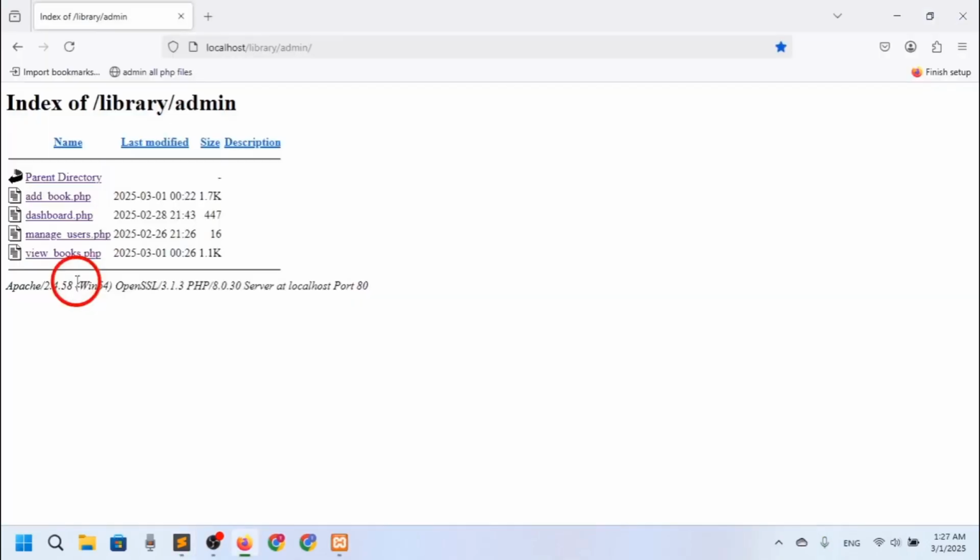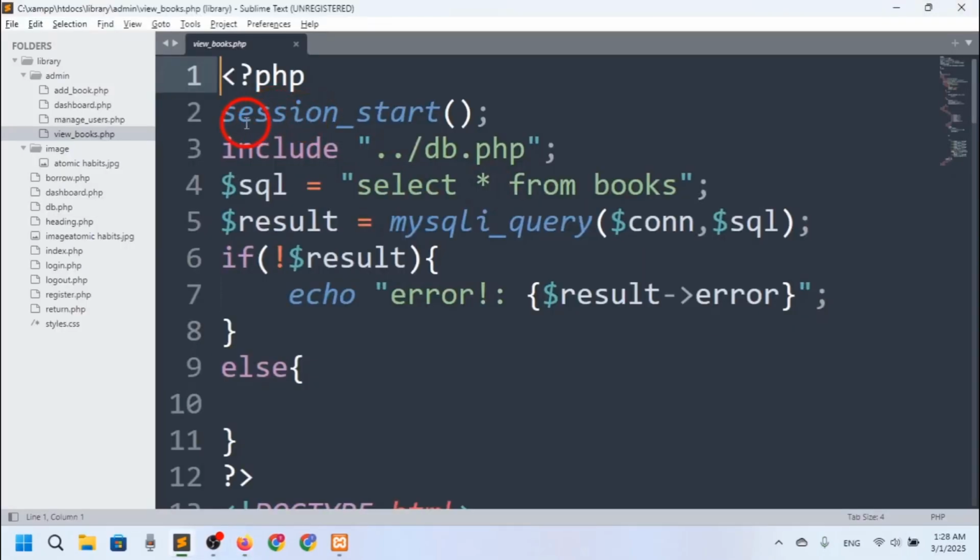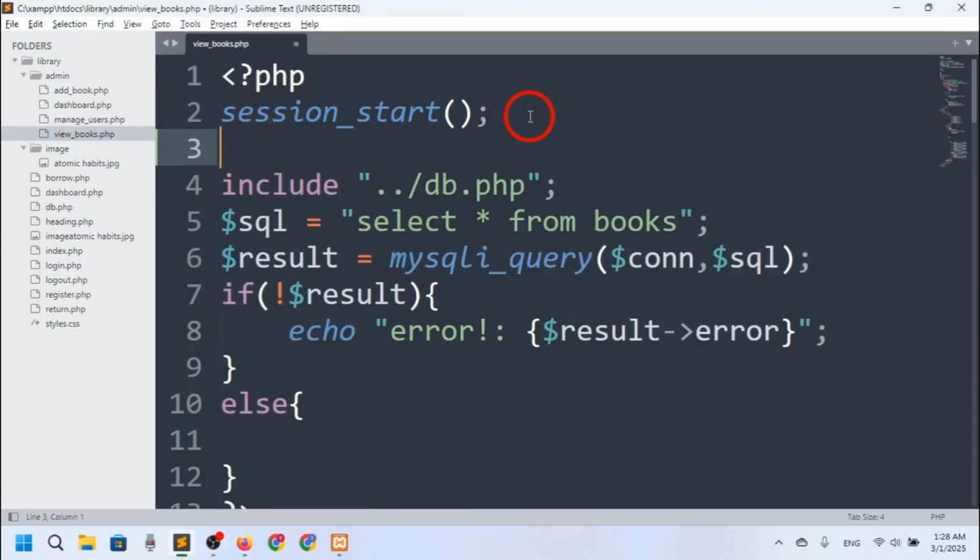But here, let's say I'm not logged in right now, right? So if I go to the add book, here you can see I can access this. So this is not good, right? We should do validation. I mean, we should check if there is any session, and if there is, then we will check whether the user is admin or a normal user. You can see we have start session, but actually I will check that